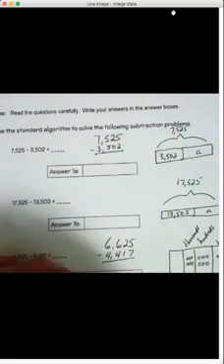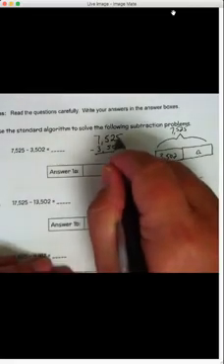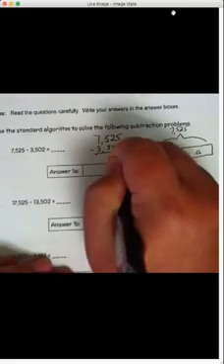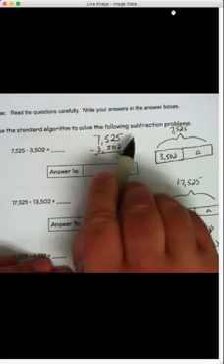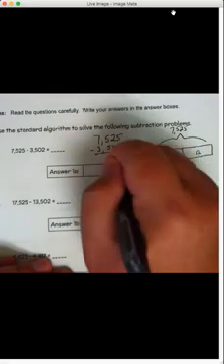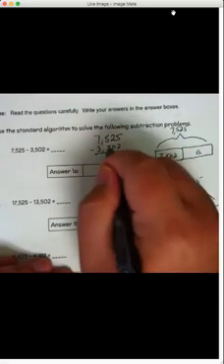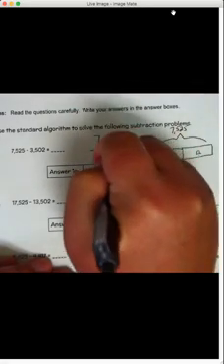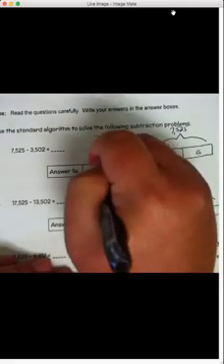We don't have to do any regrouping in this one. We've got 5 minus 2 is 3. Remember, we start over here on the one in the ones place on the right side. 2 minus 0 is 2. 5 minus 5 is 0. And 7 minus 3 is 4. So our answer is